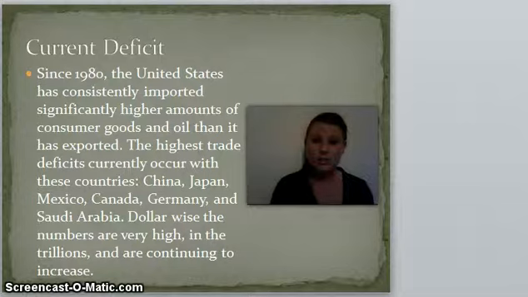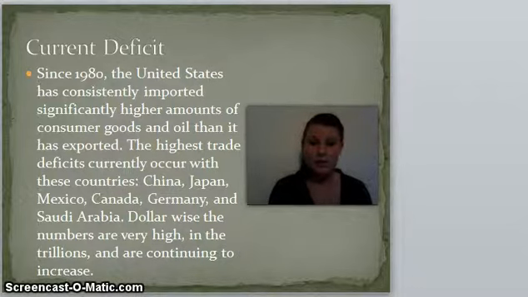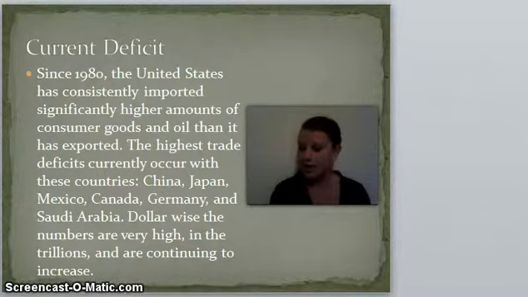Since 1980, the United States has consistently imported significantly higher amounts of consumer goods and oil than it has exported. The highest trade deficits currently occur with China, Japan, Mexico, Canada, Germany, and Saudi Arabia. Dollar-wise, these numbers are very high, reaching the trillions, and are continuing to increase. This is continuing to create problems in the American economy, and this information is thoroughly published quarterly by the United States Commerce Department, which makes this easier to research and also is very publicized to understand how big of a